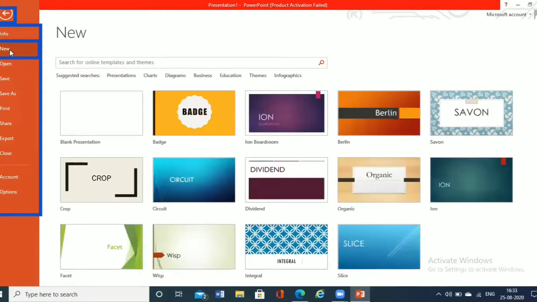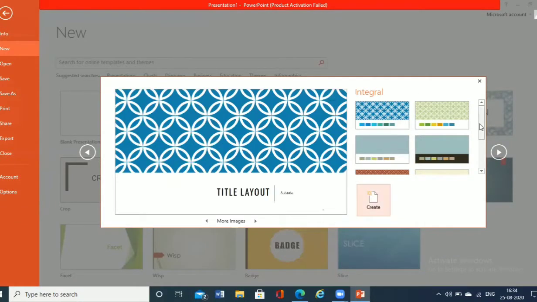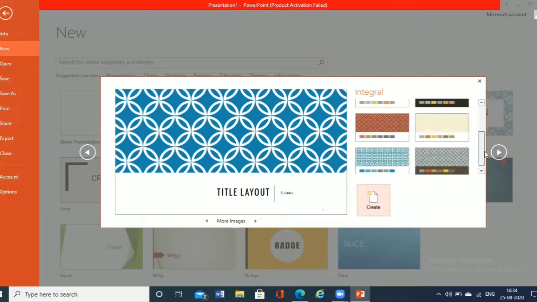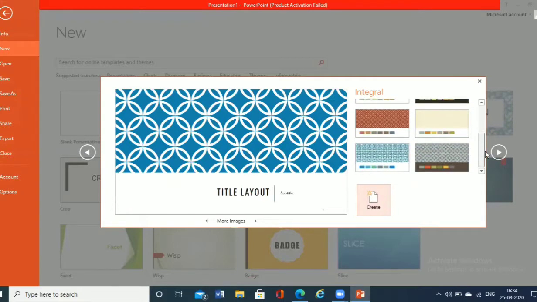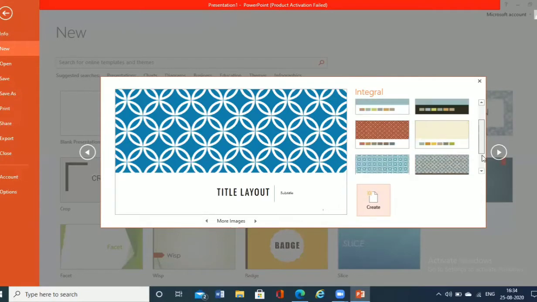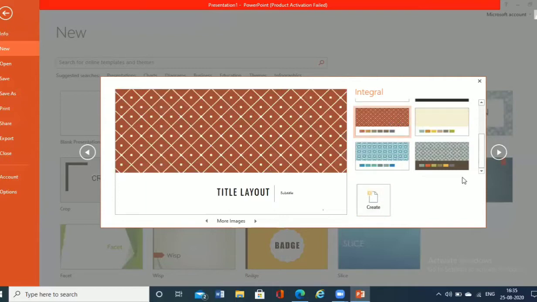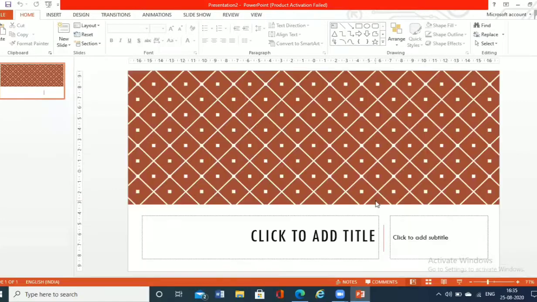So now we'll be going with a new template. For example, I go with this template. So I choose this template. As soon as I click on it, the template gets selected. You can see a lot of variants in colors available related to the presentation theme which you have chosen. You can choose any of the color combinations by checking it from here. If I choose this combination, I can click on create. As soon as I click on create, this particular theme has got selected for me.